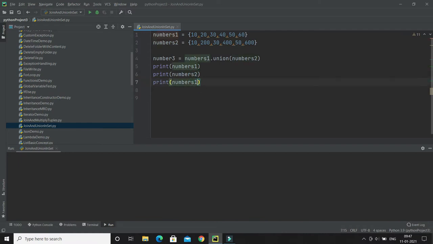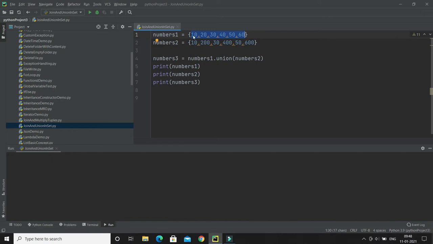Let me explain before running this program. Here, numbers1 and numbers2 will be unchanged and printed as they are, although the sequence will not be maintained when you print a set, because a set never maintains sequence or order.